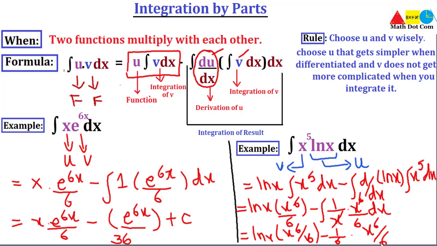Let's write them. It will be easier for you to understand whenever you come across the function, and you will just say in seconds which should be u and which should be v. So the integration of u dot v dx. We will decide what should be u. For u, if you come across these functions in the integral, then you have to choose these functions as u, as it will become easier for you to solve.